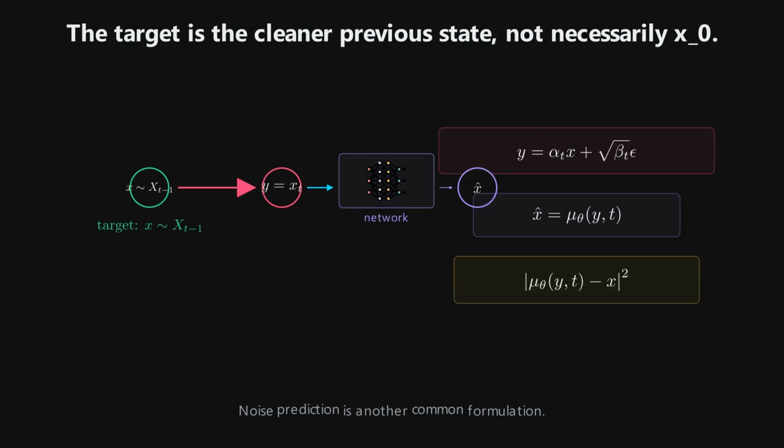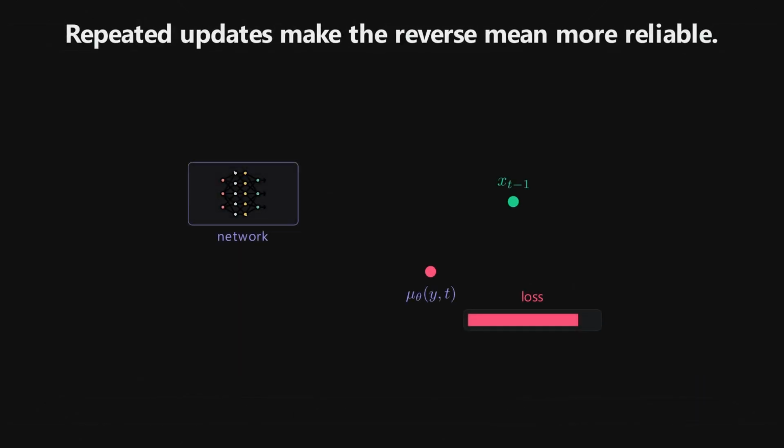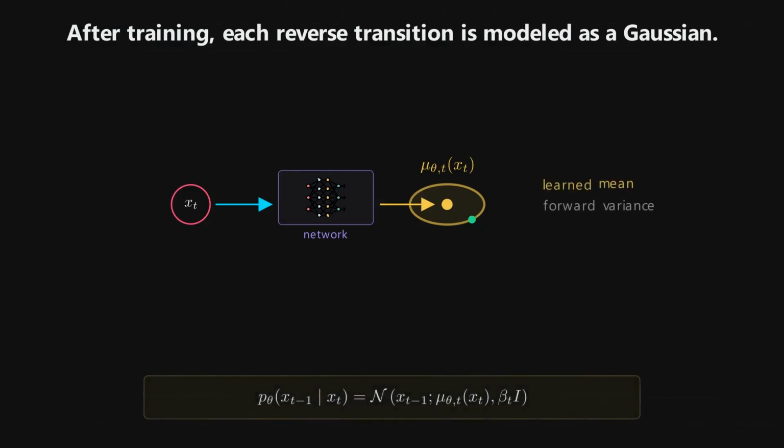At first, the prediction may be very wrong. The loss meter is red. The reverse arrow points in a suspicious direction. Not ideal. The model is basically saying, I think the way home is through that wall. But after many updates, the prediction improves. The loss decreases. The arrow becomes more aligned with the true reverse direction. Repeat this over many samples and many noise levels, and the network learns a map of the probability terrain.